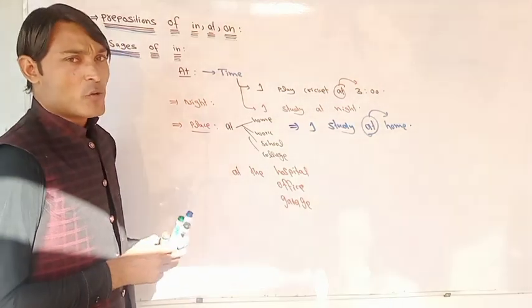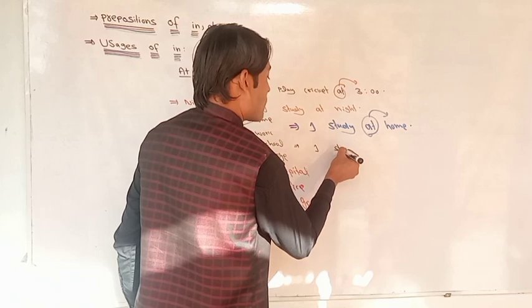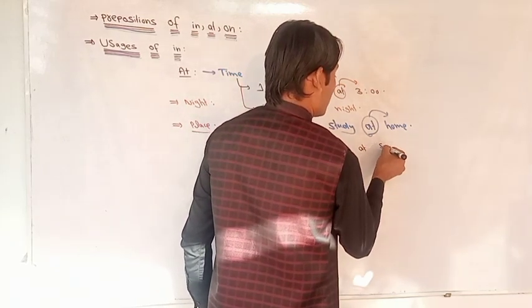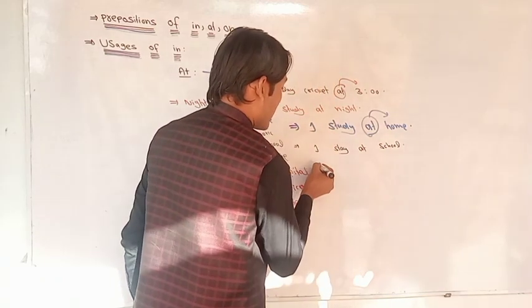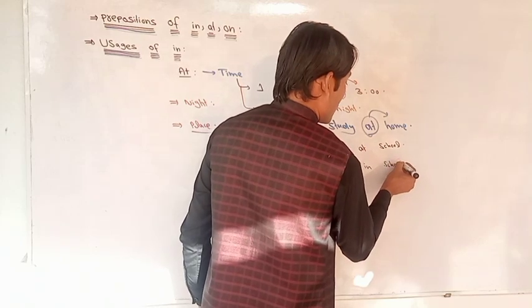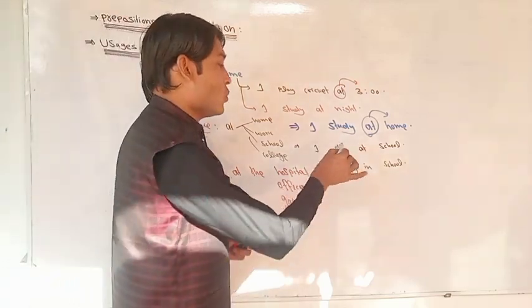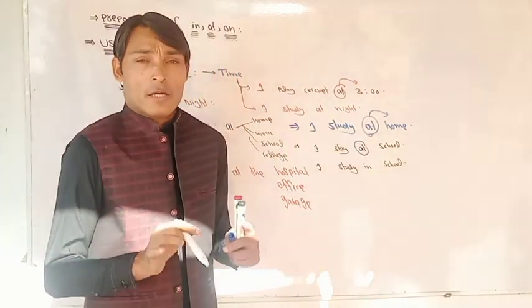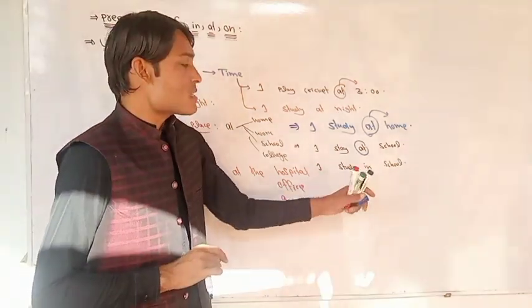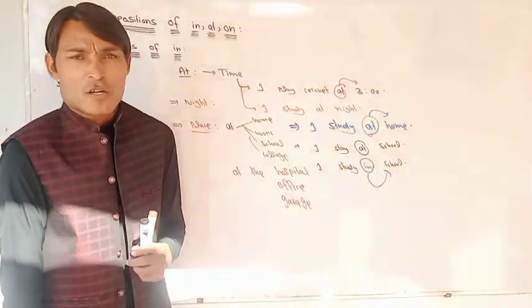Now let's differentiate between them. If I write the sentence, both are right. I say that I study at school. But if I say that I study in school, both are right. The only difference is that "at school" shows that you are physically present at school. And if you say I study in school, here "in" shows that you are part of this school. It means